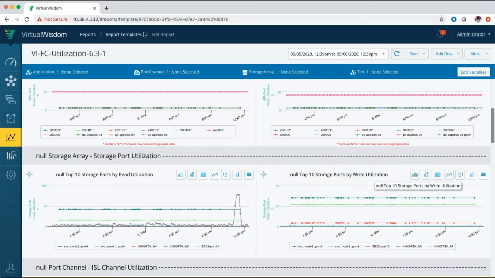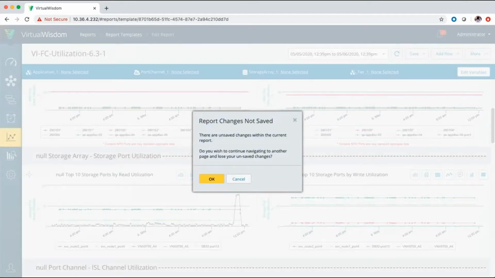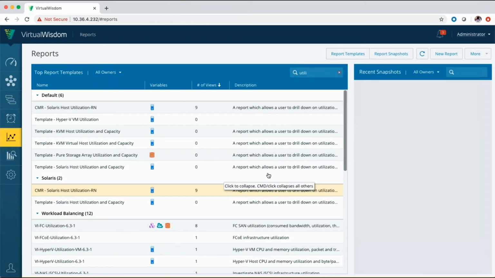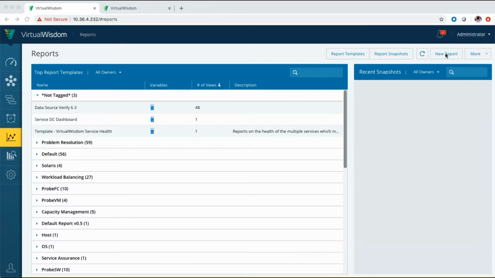What I'm going to do now is actually show you how to build a new report from scratch, and in that new report, we're going to go ahead and build every chart in it to give you an example walkthrough of how building a new report using result sets works. So once you click on new report,